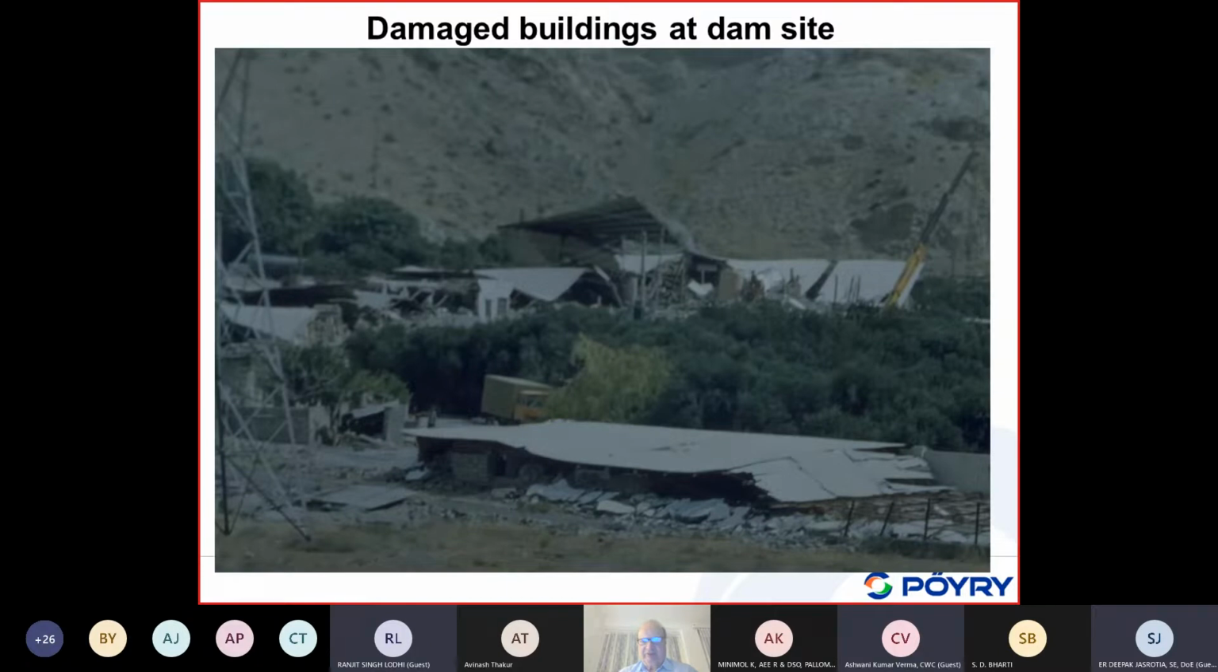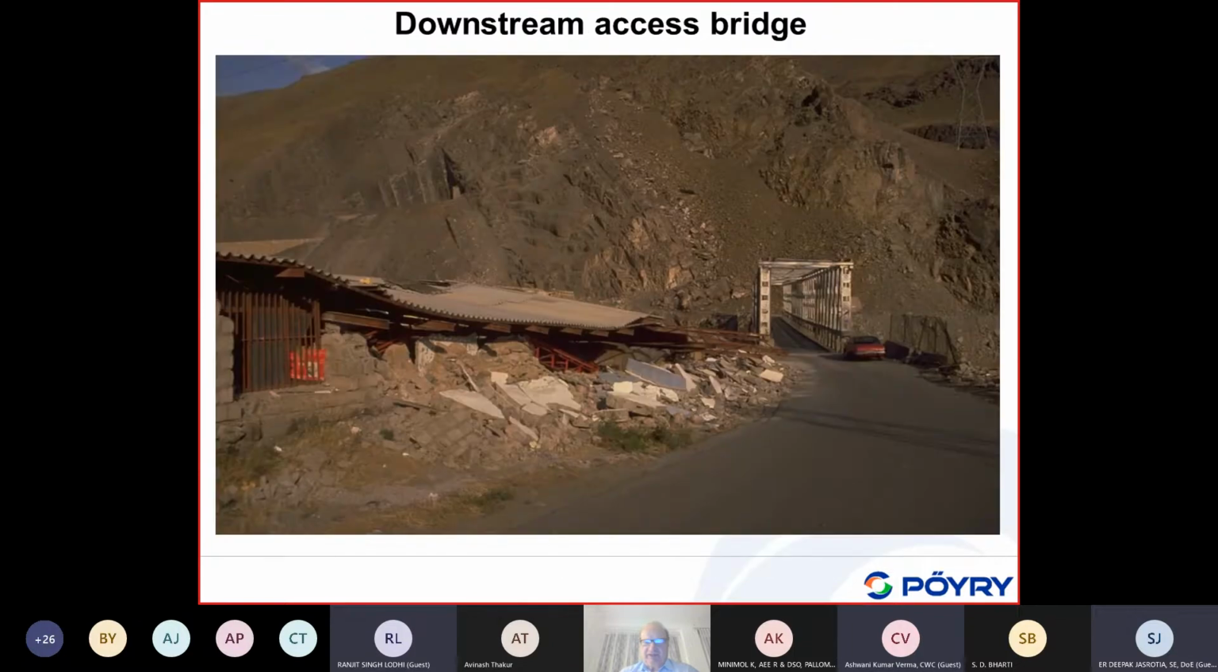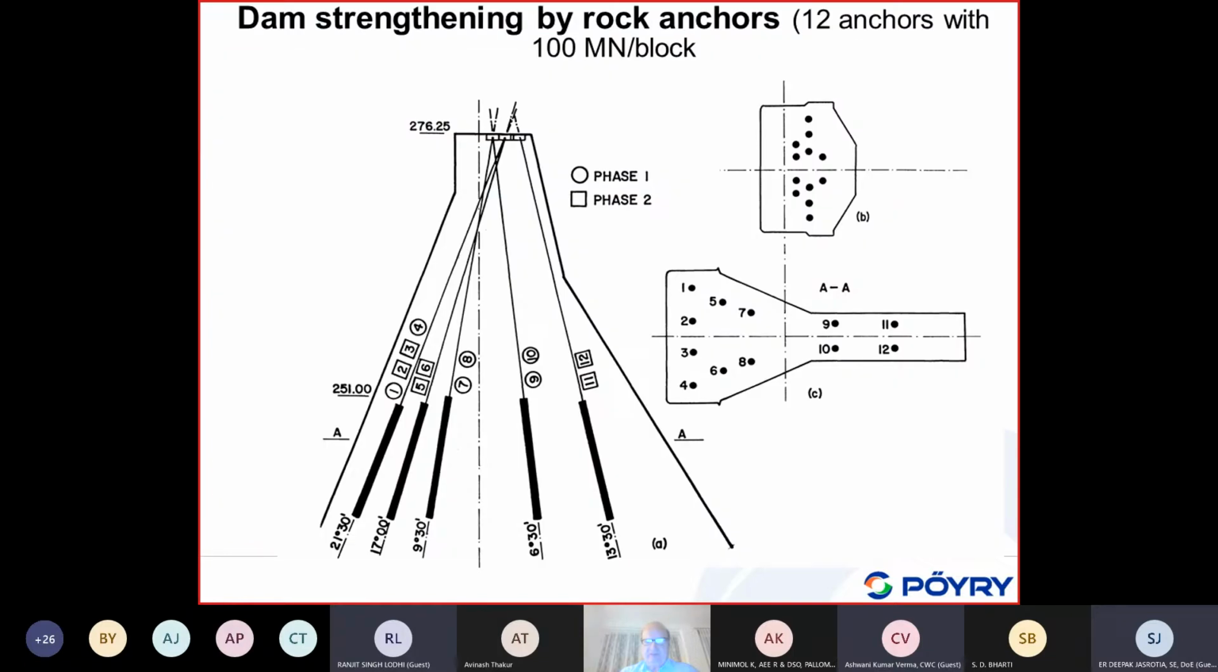Okay, we see here some more damaged buildings at the dam site. This is a little downstream, an access bridge. Buildings damaged. Okay, now after the earthquake, this dam, the damaged dam, had to be strengthened, and it was strengthened